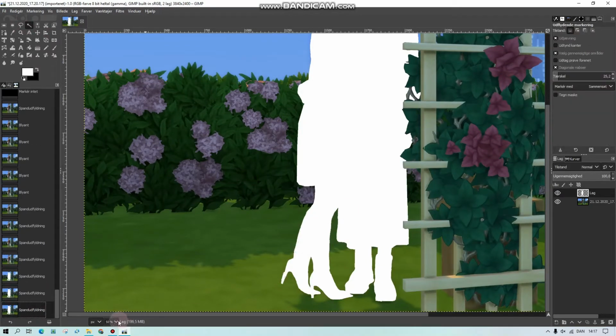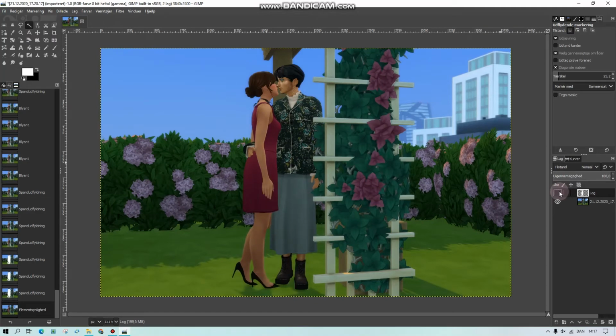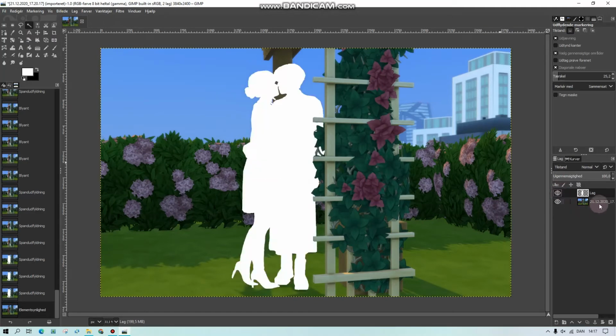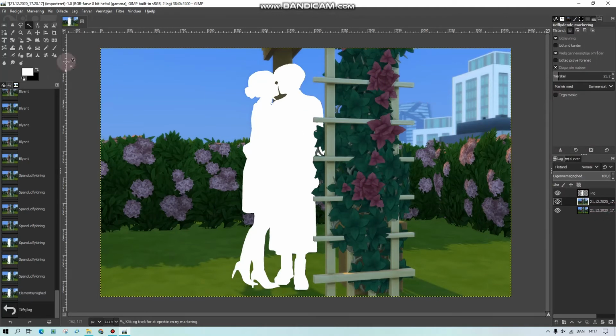Okay, as you can see, I have now just done an outline of the people I want to be focused, or I want to focus on. You don't need to do it precisely, as you can see I did it roughly, and I will show you why. So the first thing we're gonna do, sorry, I said tick instead of, it's Danish. Anyway, the first thing you gotta do is copy